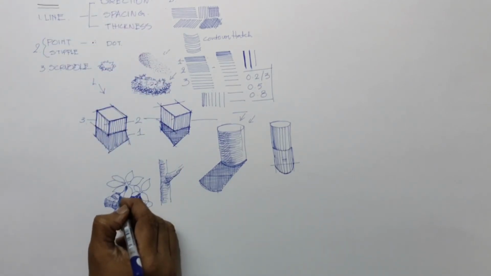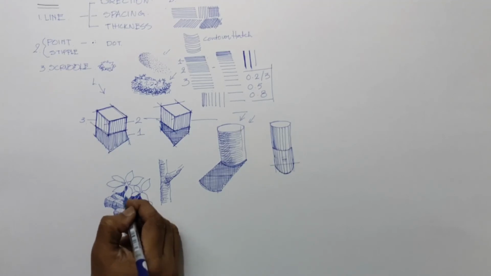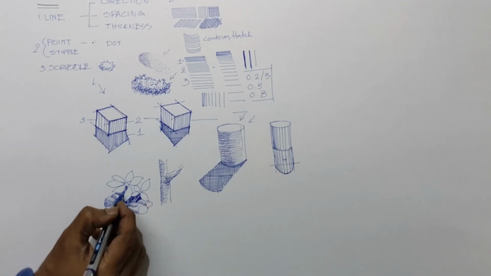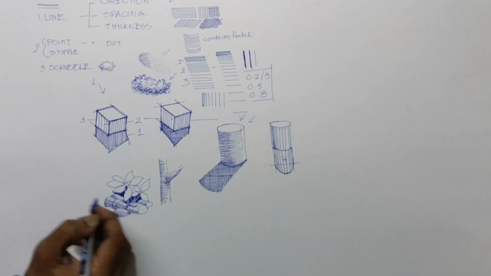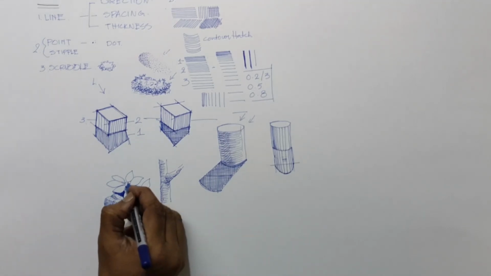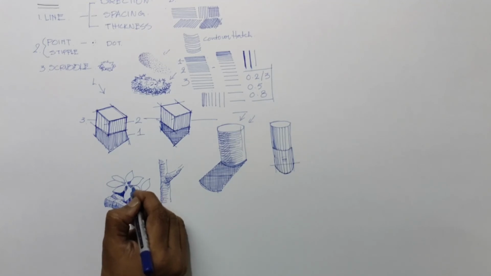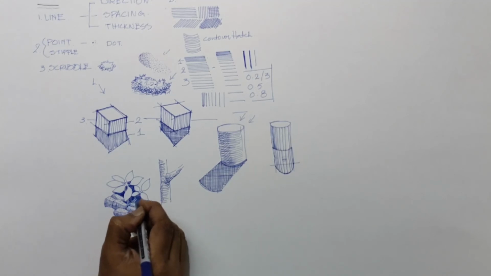So that is the one I'm using in this drawing. For the leaf, no need to give any space. I'm again drawing the cross hatch, very fine hatching. If you notice, white is still visible. And if you notice, whatever is the subject here, the foliage is white in color, whereas the backdrop I'm darkening with this cross hatching.